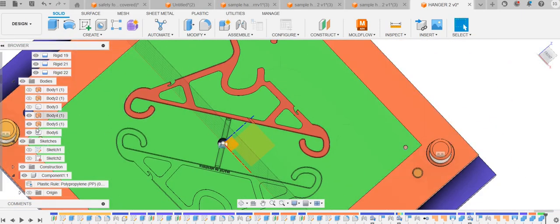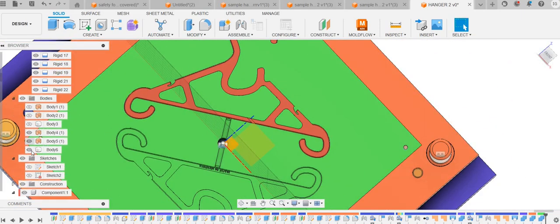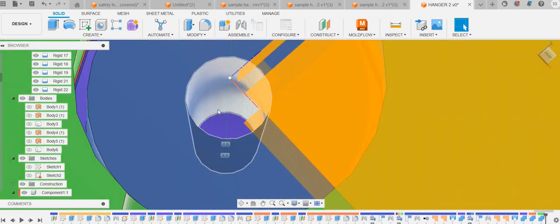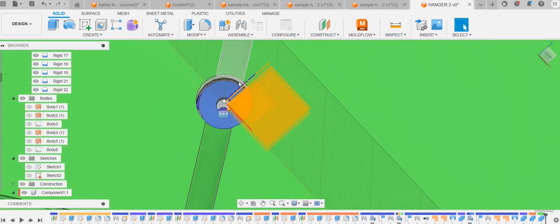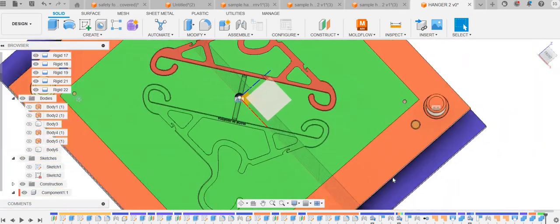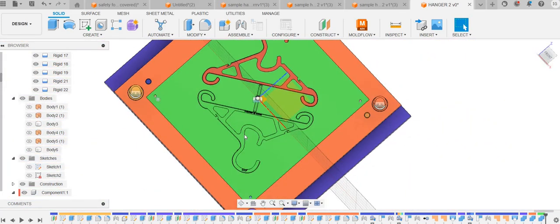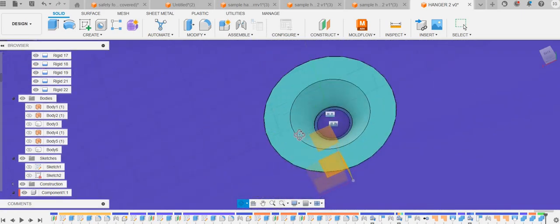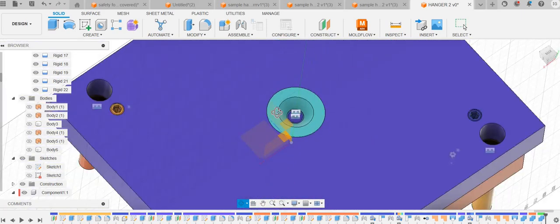Let me just hide it. Right, so our plastic is going to come all the way from here into this area. And so as our screw is fitted,